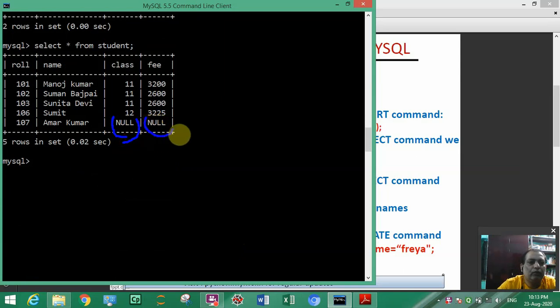But now we know that Amar is a student of class 12 and his fee is 3200. So how do we give these two values in this table?